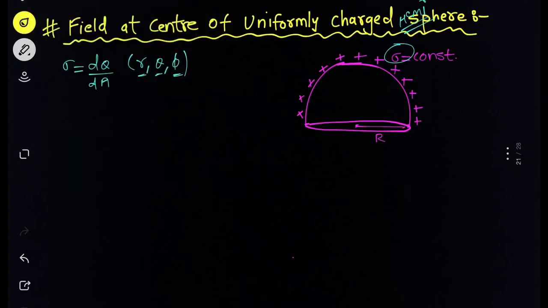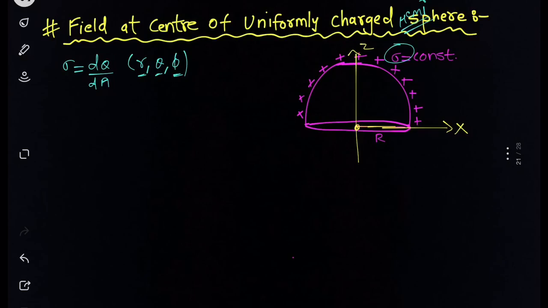So let me take this axis as my z axis, and this is my x axis. The axis which is perpendicular and into the page would be the y axis. So I am just assuming my coordinate system. Why have I assumed the z axis here? Because we know that theta is measured from the z axis, so we need to show the z axis also. So now let me just do it.